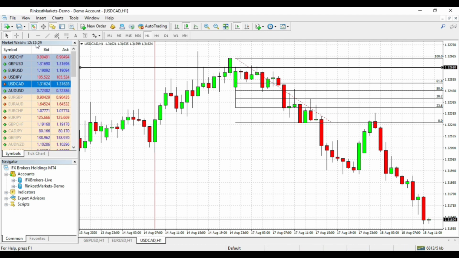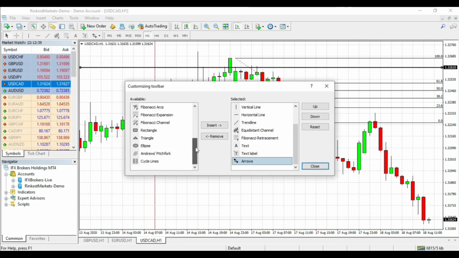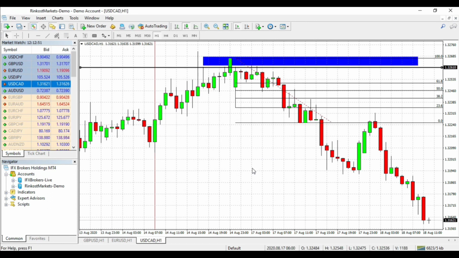And if you'd like to add another trading tool to this quick bar over here, just right click anywhere, then go to customize, and you can add any one of these available tools. I'm just going to add the rectangular trading tool. Click on insert, close, and then you can draw your support or resistance areas a bit more clearly in the